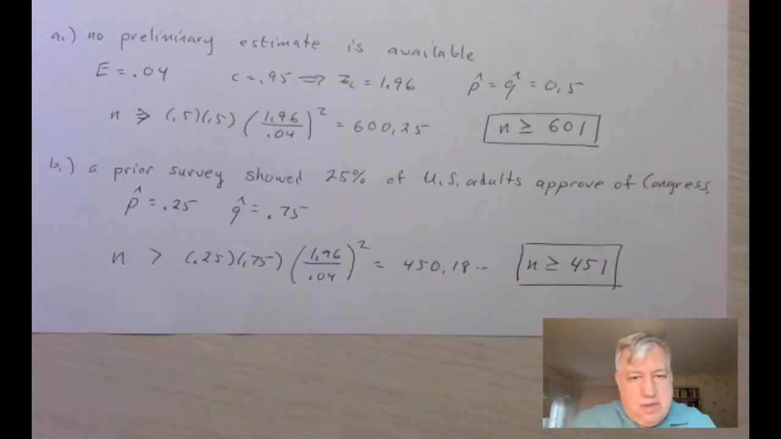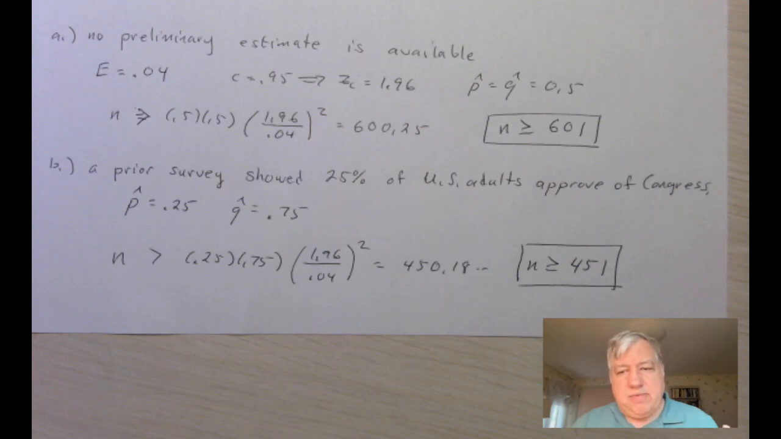Okay. And you can see that having a previous or preliminary estimate available actually narrows down your sample size. All right. So this is how people determine the sample size when they first choose a margin of error, then they fix the sample size. And hopefully you get comfortable using these formulas, and